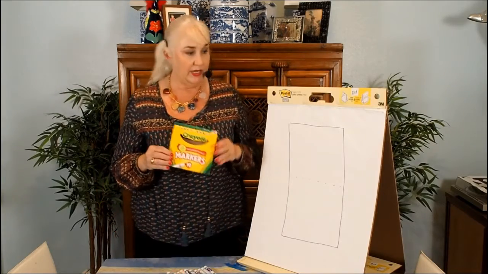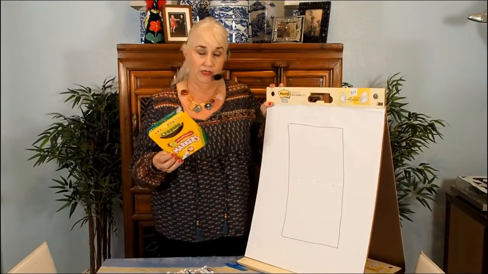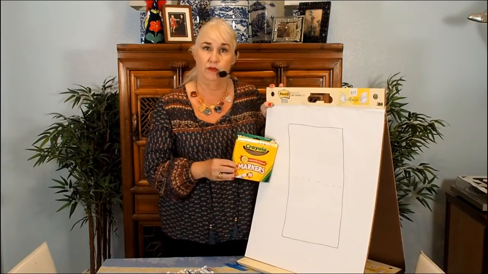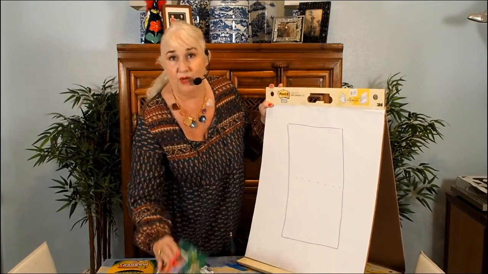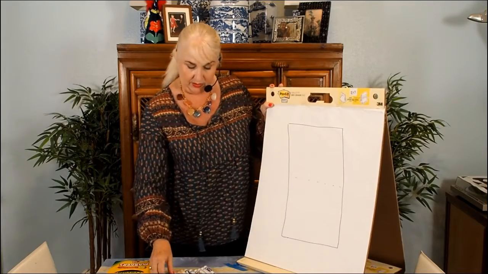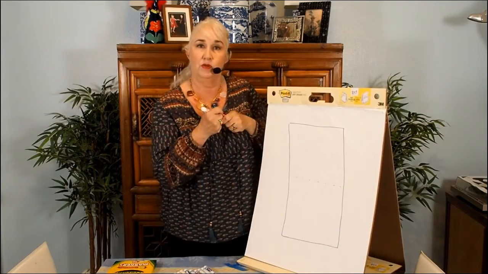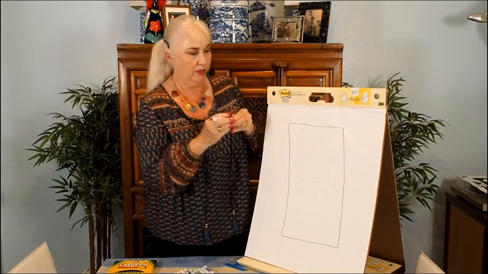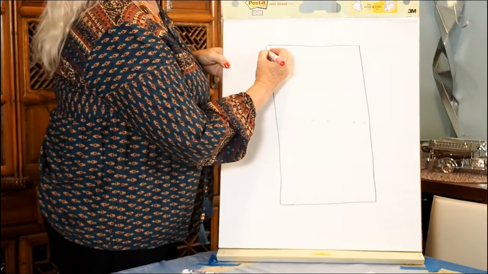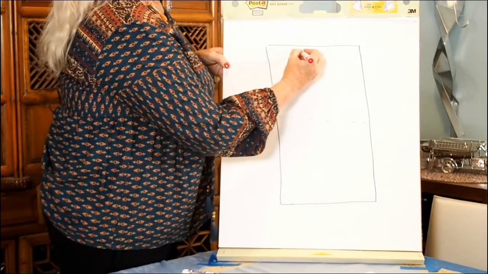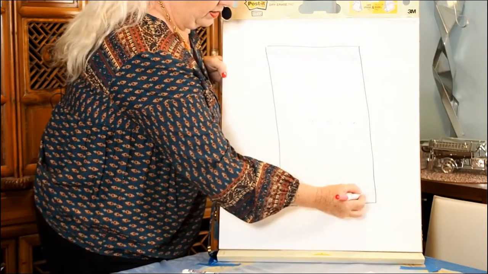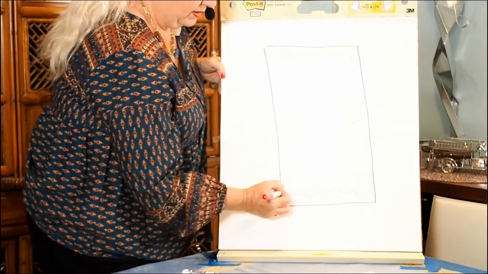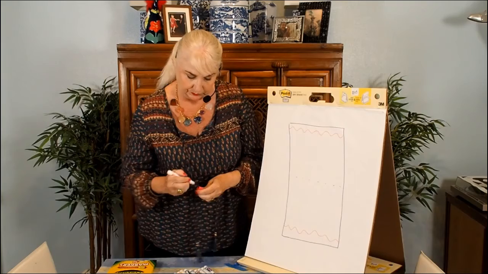Again, I like very inexpensive materials, so I would have a piece of construction paper in a rectangle, or really any kind of paper. I'm going to use markers, and I have another example where I used oil pastels. I'm going to pick my first color, and then create a line on both sides. I'm going to start at this end with a thin wavy line in pink, and then at the other side I'm going to do the same thin wavy pink line.